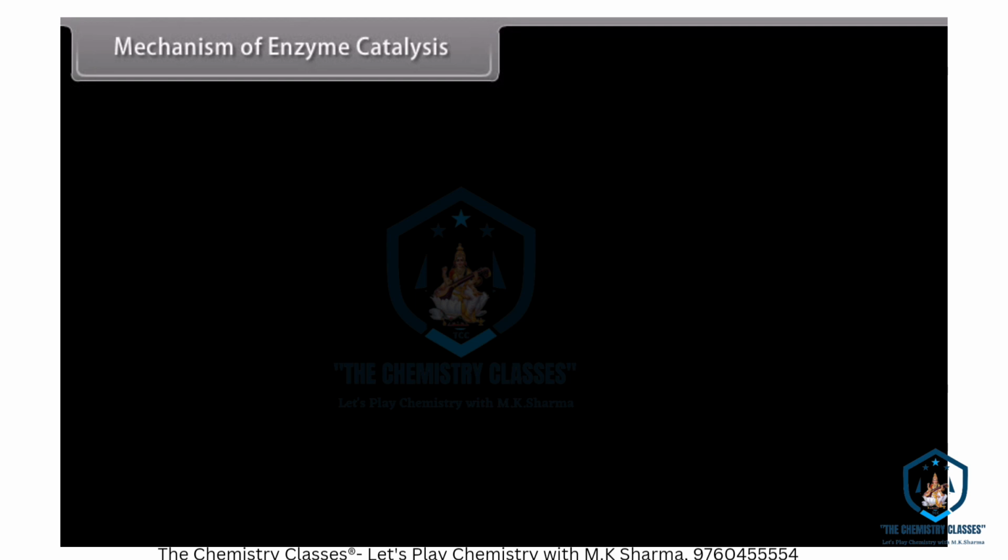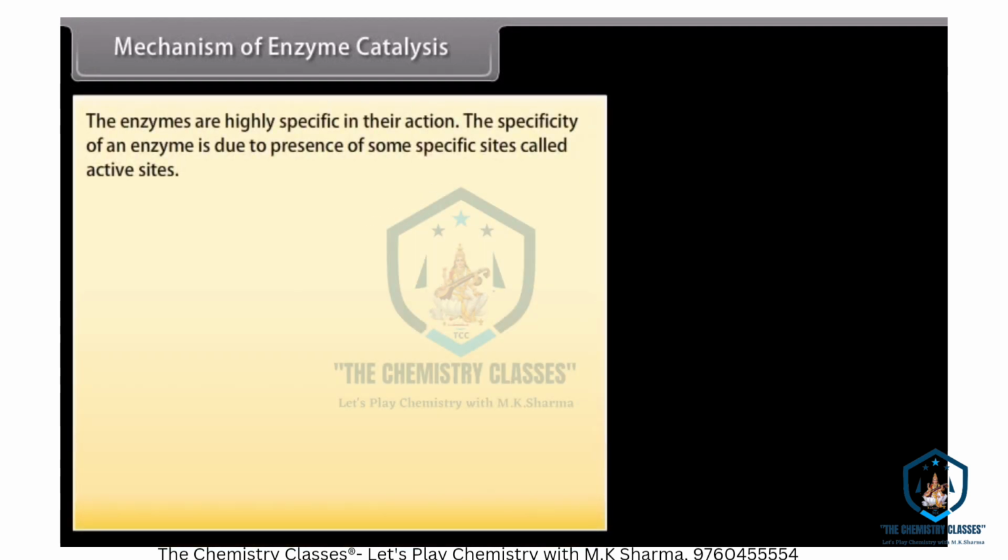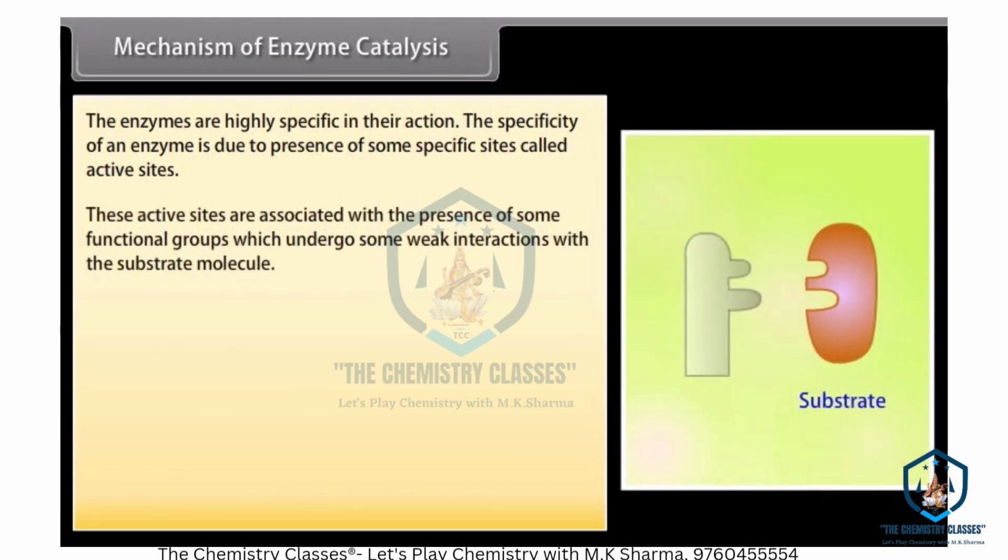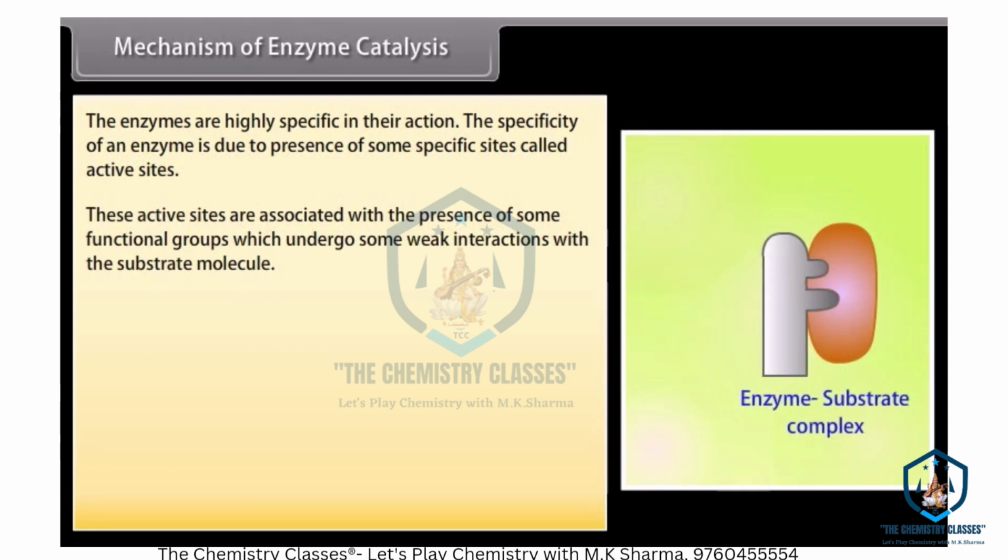Mechanism of enzyme catalysis. The enzymes are highly specific in their action. The specificity of an enzyme is due to presence of some specific sites called active sites. These active sites are associated with the presence of some functional groups which undergo some weak interactions with the substrate